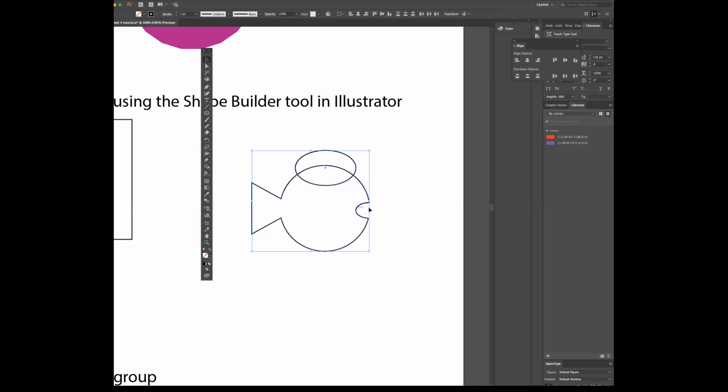So we want to make sure that these are all selected, and then I'm going to grab my Shape Builder tool. With both of the shapes selected and the Shape Builder tool selected as well, you're going to click and drag from the area where the ellipse and the fish body meet. So we're going to kind of click through it like this. Make sure it's all selected. Grab the Shape Builder tool, and just click and drag. And what that does is it gives it a little hotspot area. Now you can choose